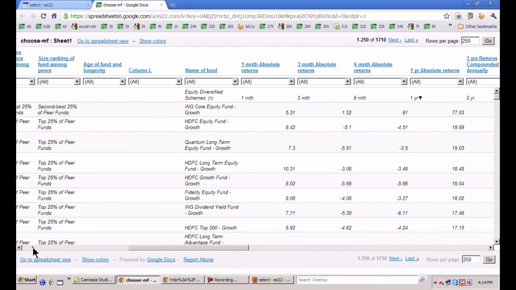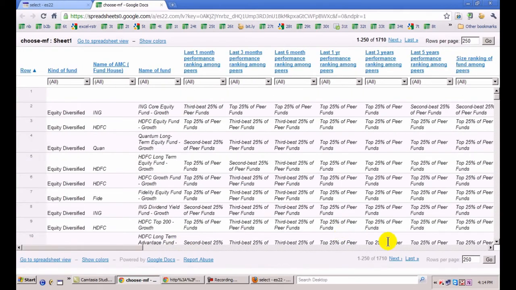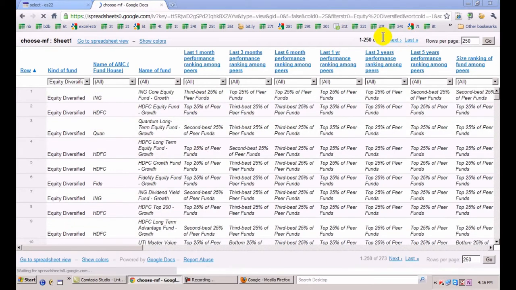The best part is that you can sort in real time. Supposing you as a customer first want to go in for equity diversified funds, filter here. Only equity diversified funds will come in. I'm just doing that for you. You can see the minute I do it, the 1,710 become 273 equity diversified funds. So first I've filtered and decided that I want to go for equity diversified funds, and I'm looking currently at 273 equity diversified funds.